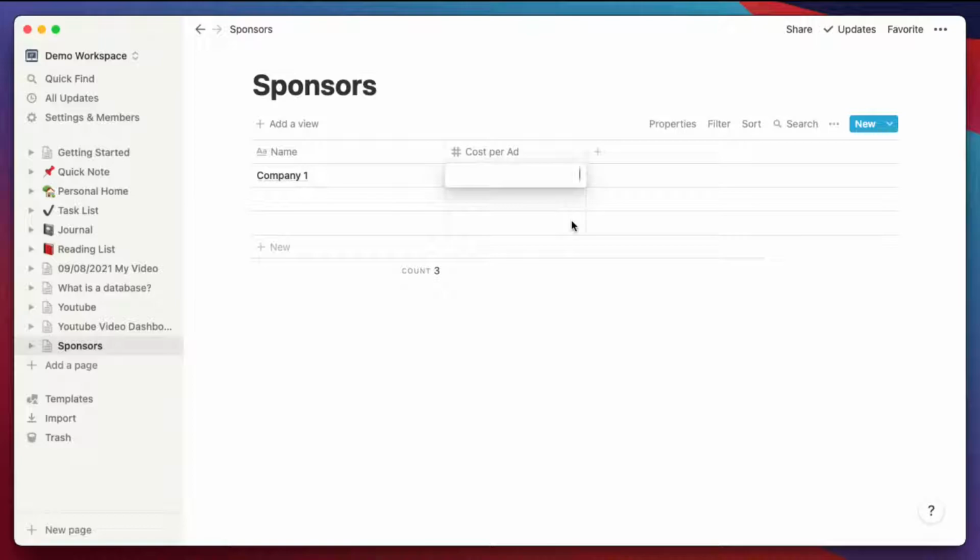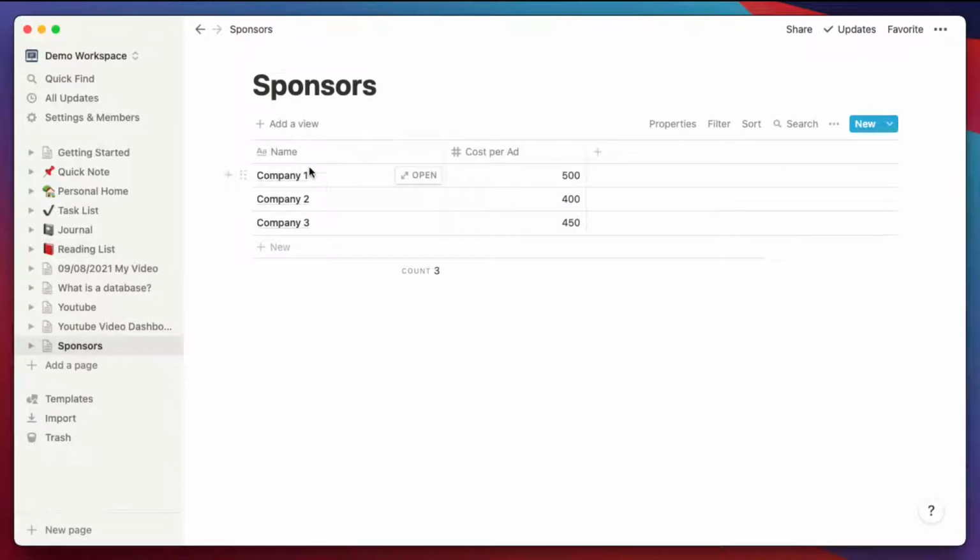Or how much they're sponsored. Let's say per ad, they're giving us $500 per ad slot, okay? And then company 2, we're able to negotiate $400 per slot, okay? Company 3, another one. Let's just do something that's different, okay?